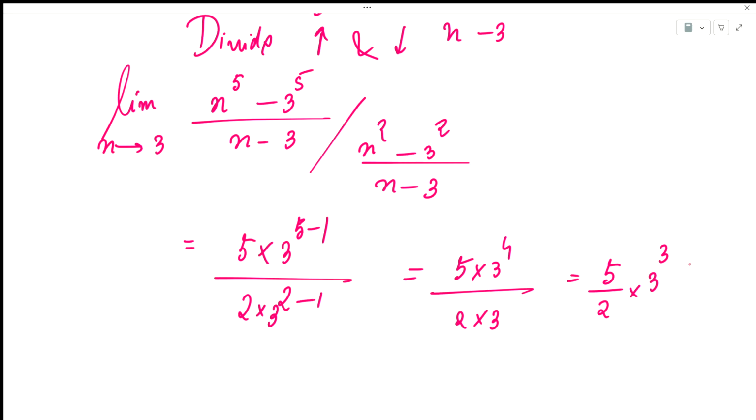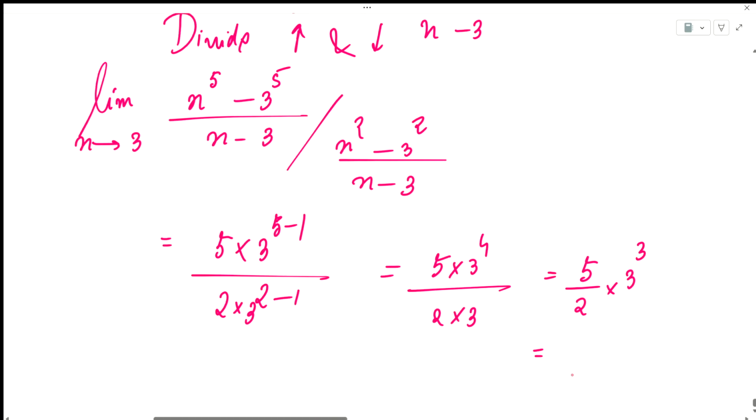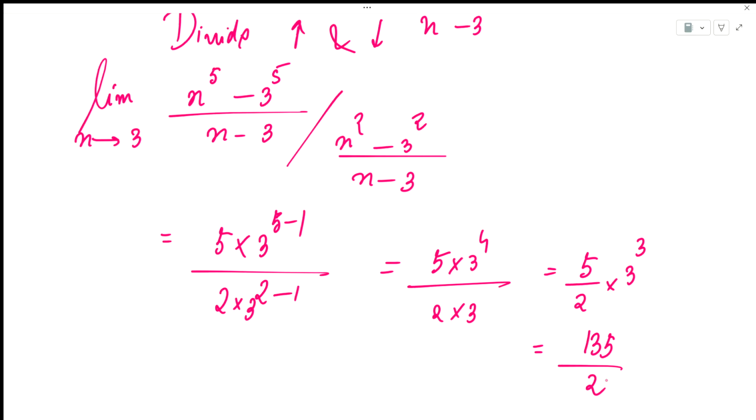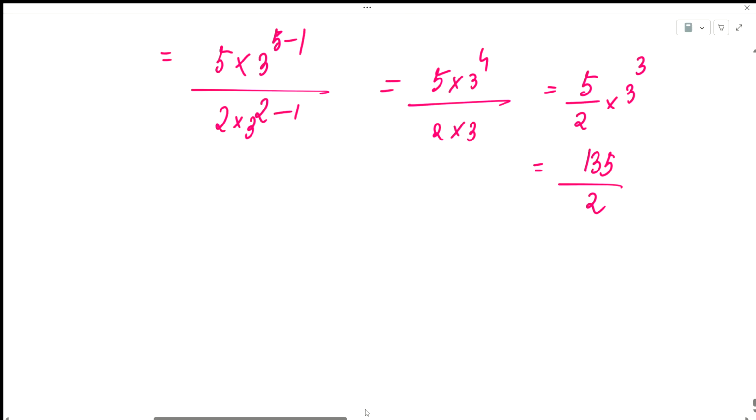So evaluating this, 27 times 5 is going to give me 135. So 135 by 2 is the answer. Alright. Okay, taking another example,